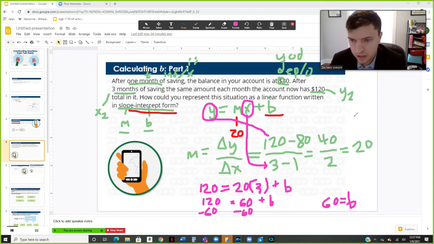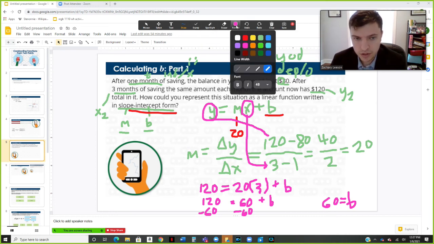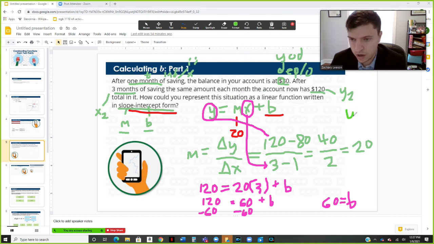So our final answer, which we're going to write in slope-intercept form, right? y equals 20x, because we saved $20 per month,